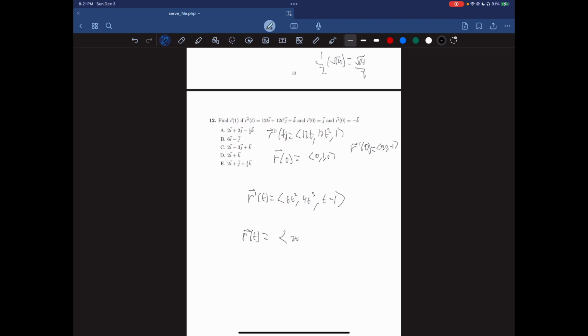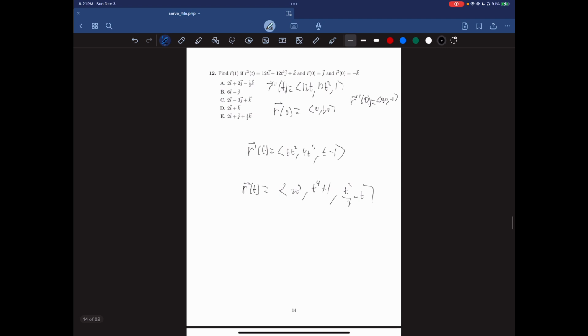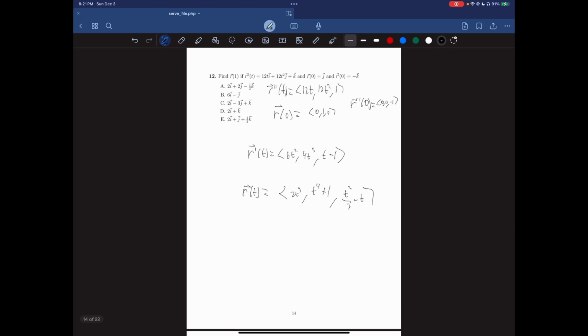We're going to get 2t cubed, t to the 4th, plus 1. I'm just going to write that down right now because we know 0 to the 4th is just 0, and we're going to get, okay, and just making sure if we plug in 0 to that, we're just going to get 0, 1, 0. Okay, that looks right. And then now we're just looking for r of 1,